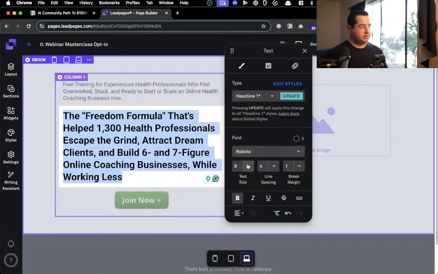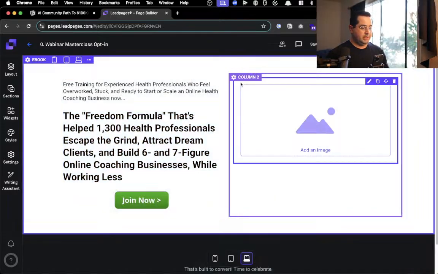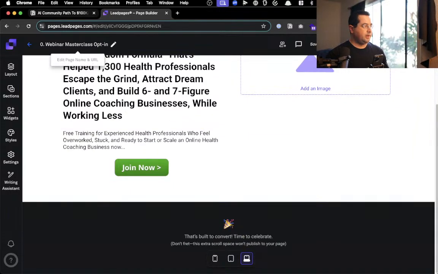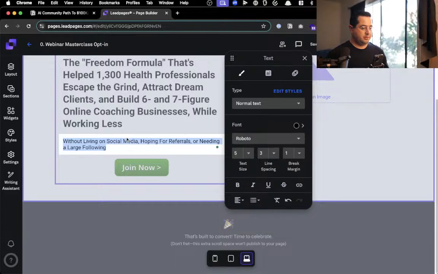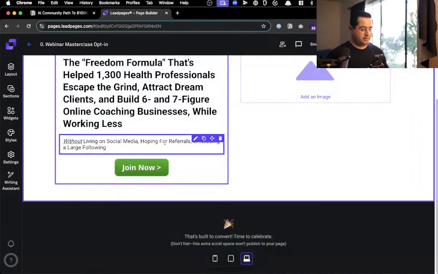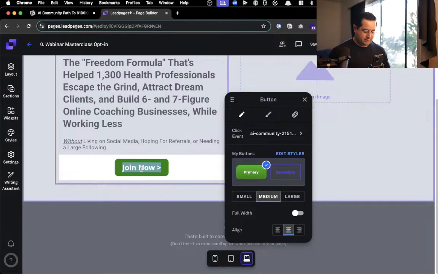I like that, that's pretty good for the font. And then we could duplicate this, and then without italicize, underline. Nice. And then here, no violations.